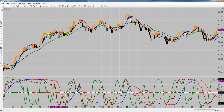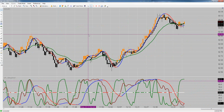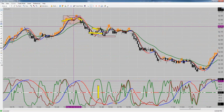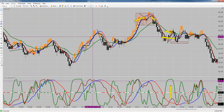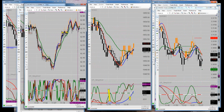All right, the crude oil here, we took a break even here. We missed a long right there. We took a break even there, and I started doing nothing. All right, so we ended up plus 8 ticks on crude. 2 break even trades and 2 plus 4 tick trades is what we got. All right, let me answer that and jump over here